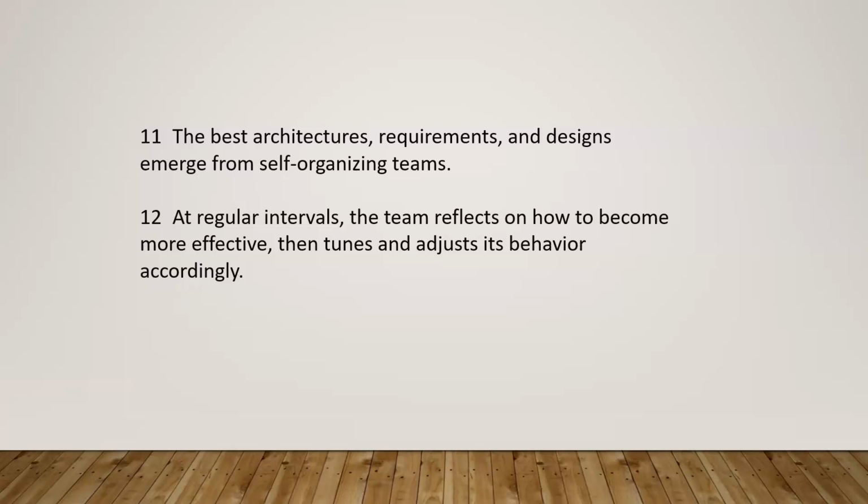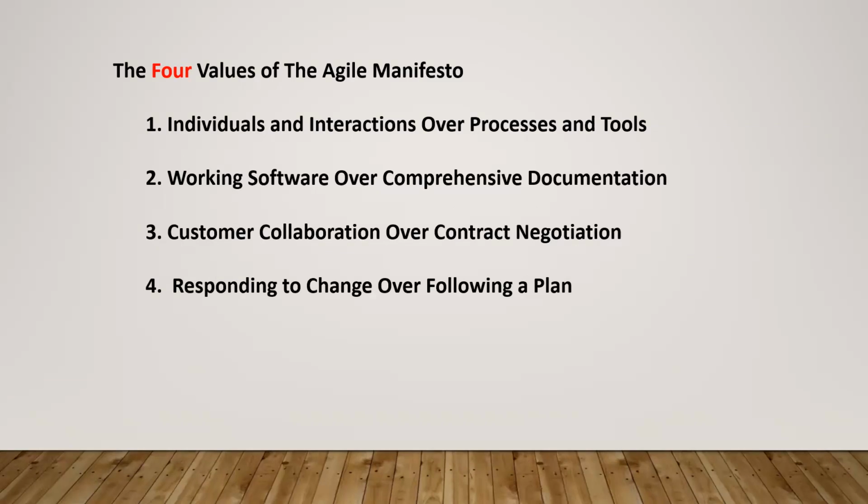Right? Yeah. So we'll cover the four values of the Agile Manifesto. So these are important. They may ask you in interviews, what are the four values of the Agile Manifesto? Then you should say: individuals and interactions over processes and tools. This is what actually is required. You should not concentrate more on the process and tools. In one company, the process is different. Like this, you need to raise a ticket. After raising a ticket, you should go for approvals, and after approval, someone has to come and give you this thing. And this process, everything will be there.